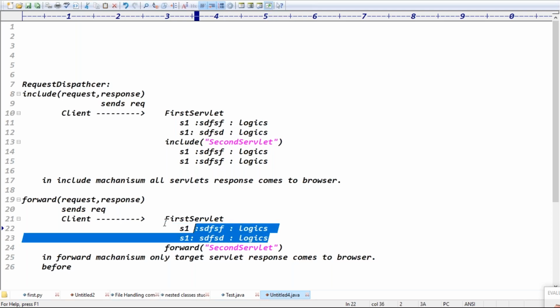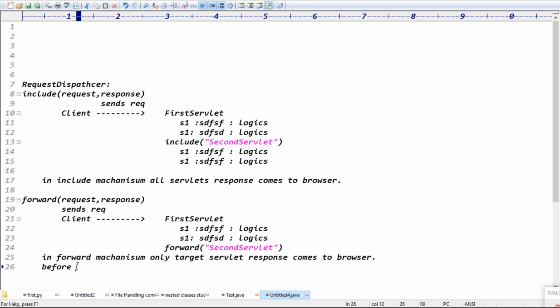You don't add any response here. If you add a response, it will be refreshed. Before forwarding the request to another servlet, if the servlet is adding any response, then what happens?